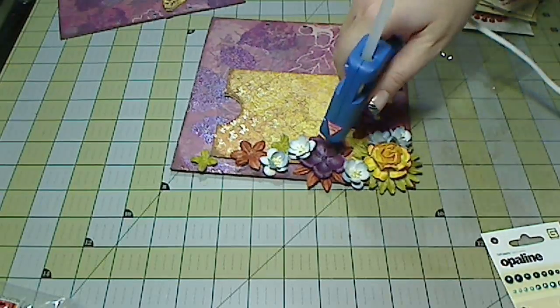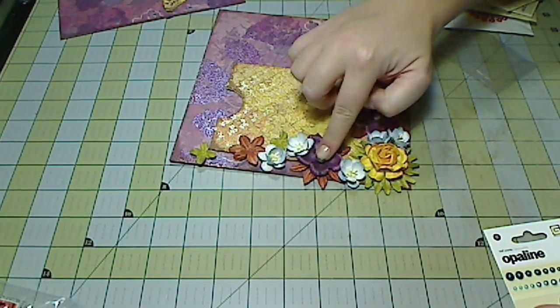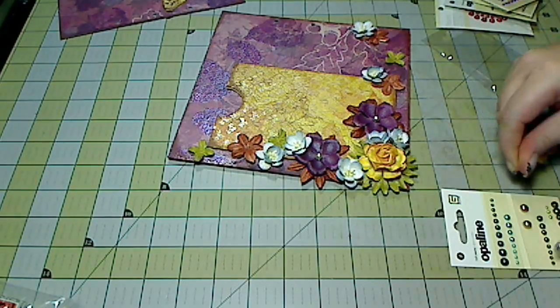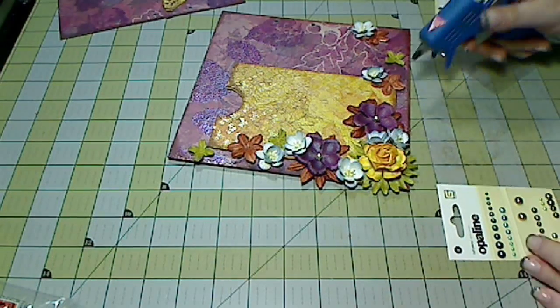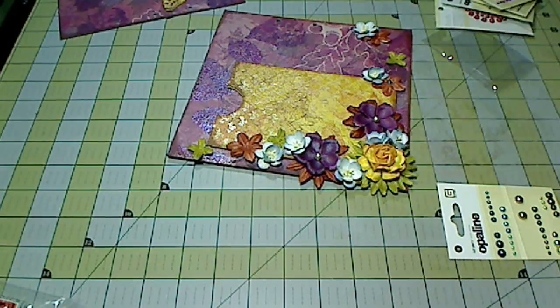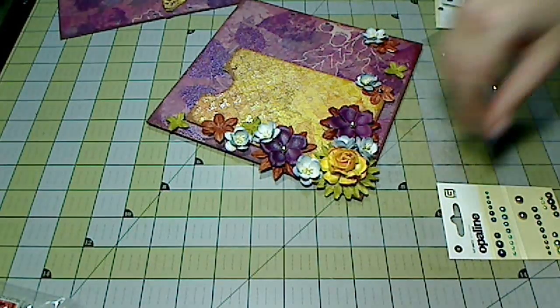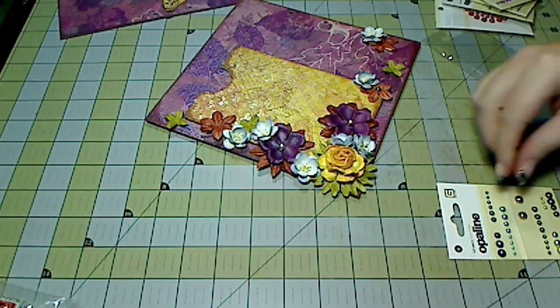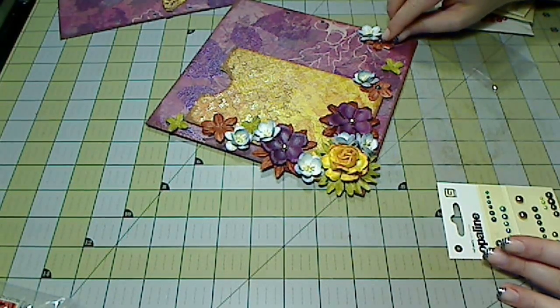And so now I'm going to give each of my centers, each of my flowers, a pearl center. And I'm using the basic gray opaline half pearls, which come in a lot of different colors. And I'm trying to use contrasting colors. So on the orange one, I used a blue pearl. On the purple one, I used a green pearl. And I used purple